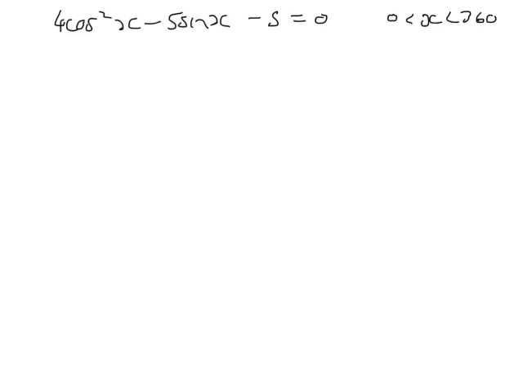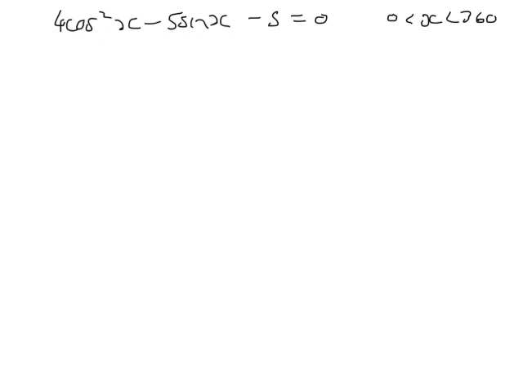Okay, so in this video we're going to look at solving some more complicated trigonometric equations, and this question is 4 cos squared x minus 5 sin x minus 5 equals 0. And we want to solve this in the interval x is greater than 0 but less than 360. So we're going to need to use our trigonometric identities to get this all in terms of sine or all